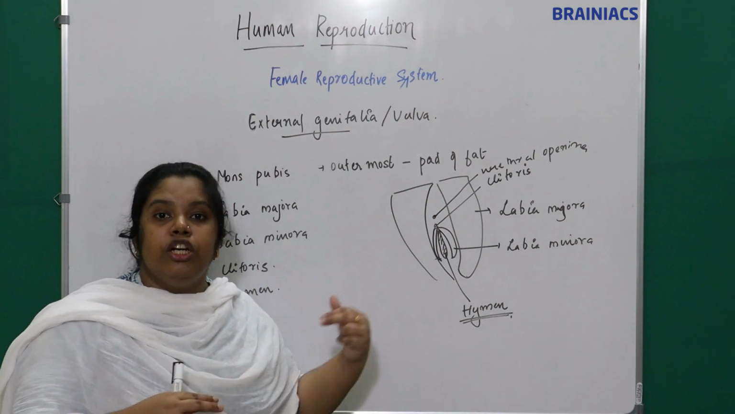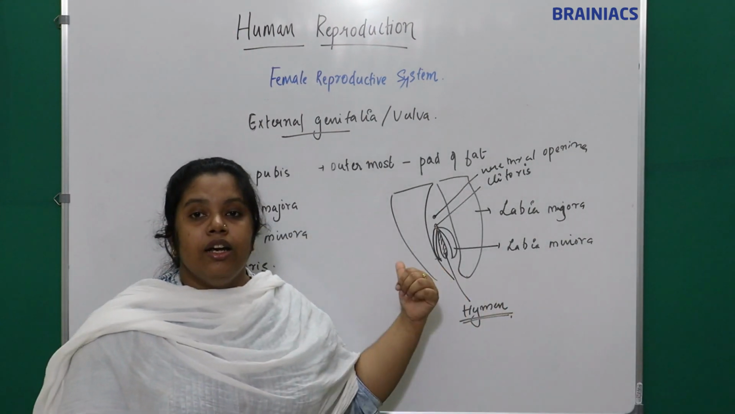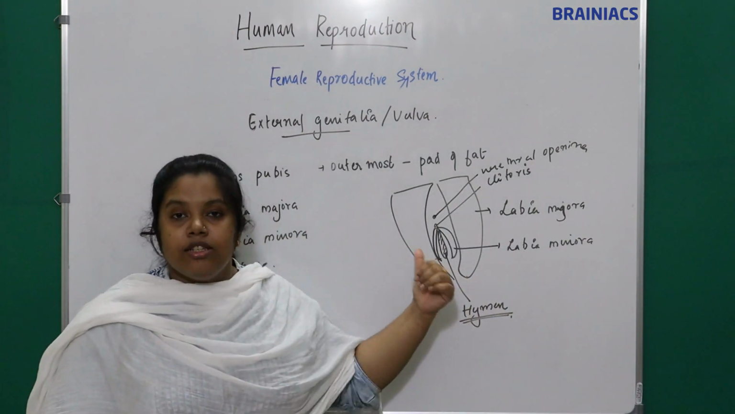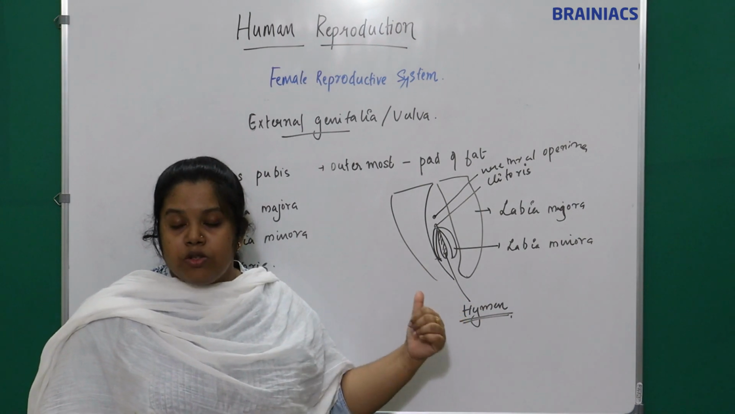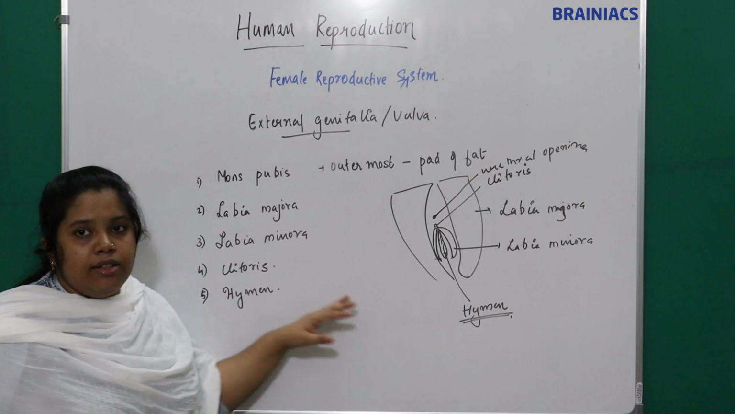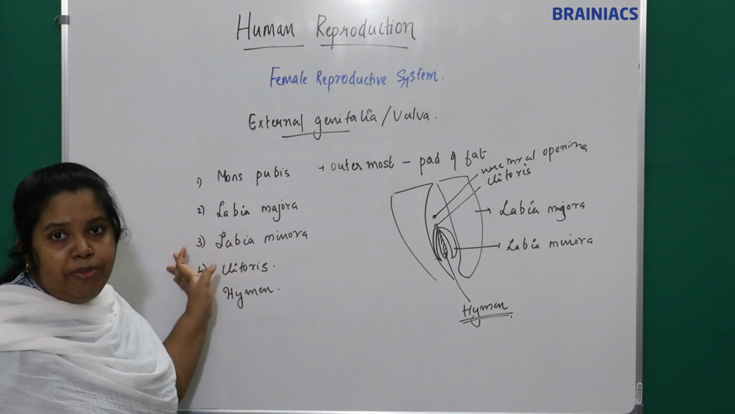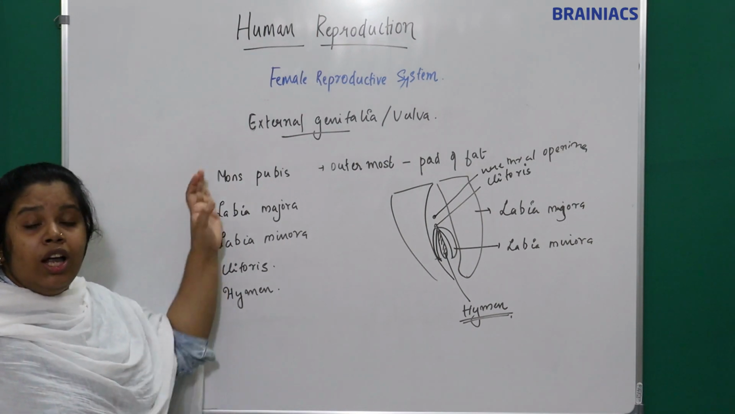It doesn't get ruptured during sexual intercourse. So the breakage of the hymen is not an indication of first sexual intercourse. Understand? These are the parts of the external genitalia in females, and I told you before also, the external